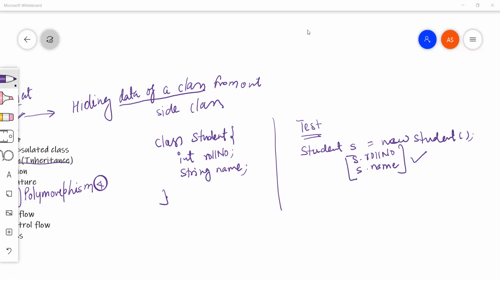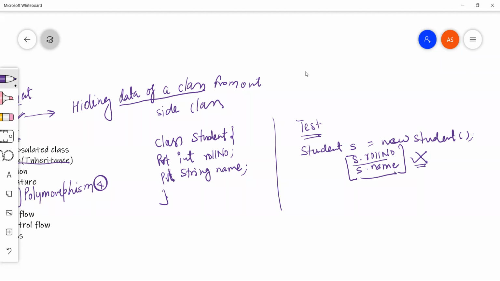Please keep interacting. Giving access to only relevant variables, yes, we can say. By creation of an object, yes, we can. Okay, so what if I say private? I'm writing in short. Now we cannot access this data using s.rollNumber and s.name.